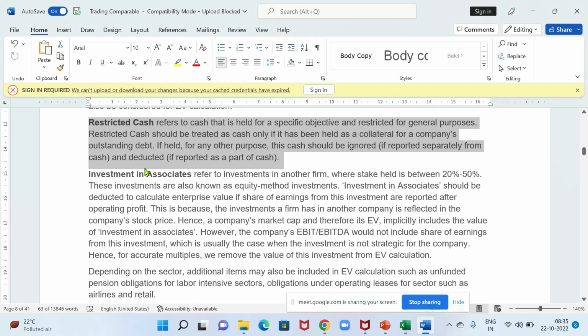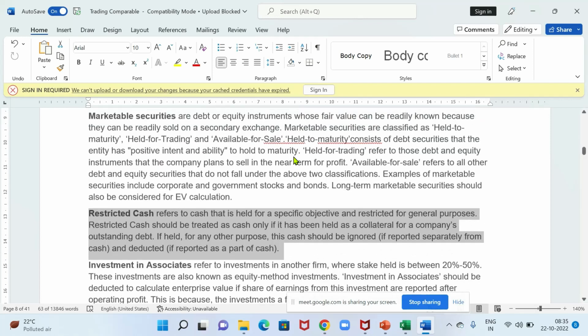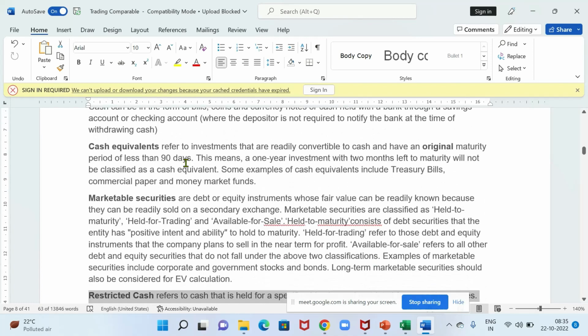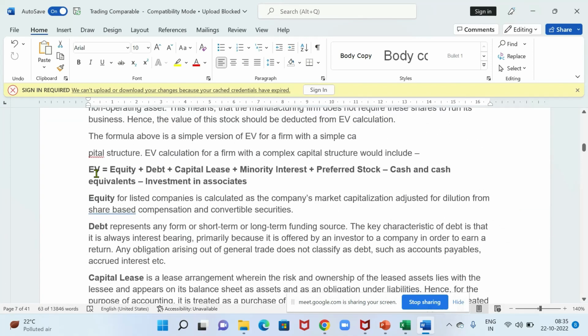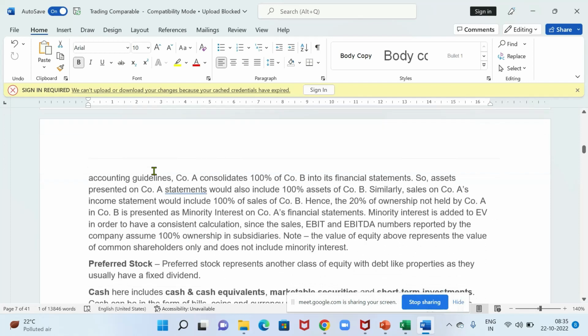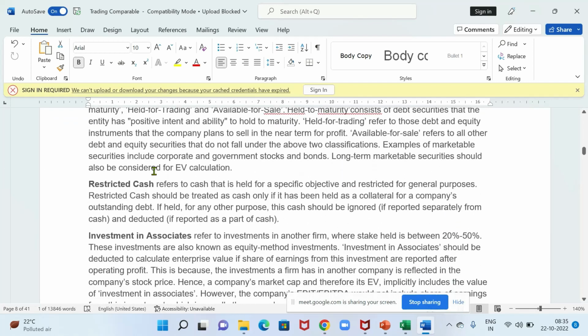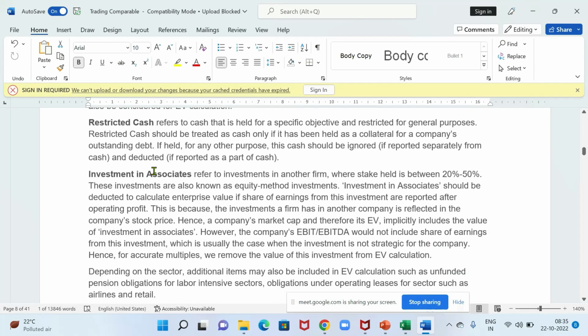So, if that restricted cash is not against any debt, then we'll not include it. It's only when it is held against any of the debt, because we are already adding that debt in the total debt, right? So hence we have to exclude the restricted cash, because that portion,